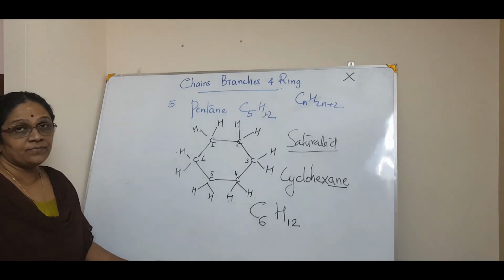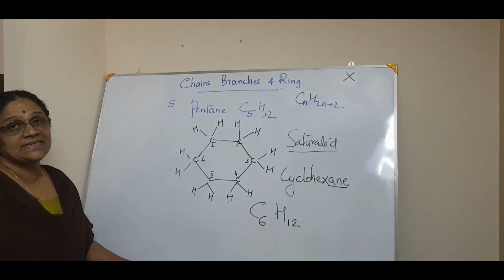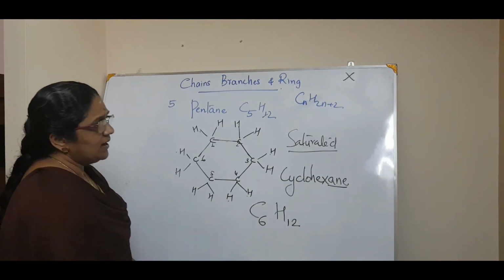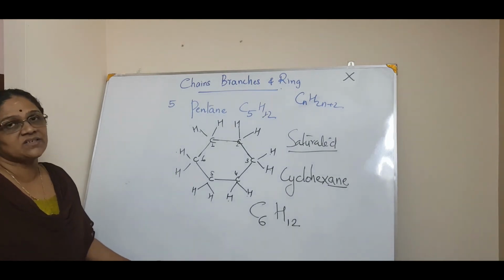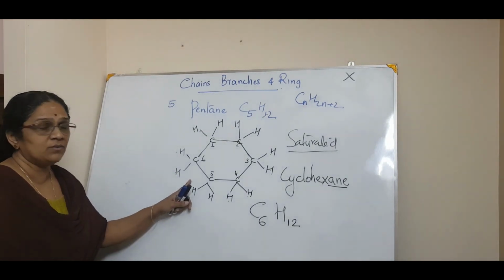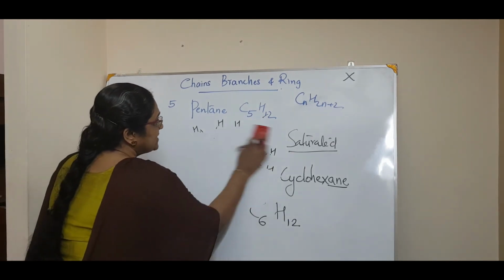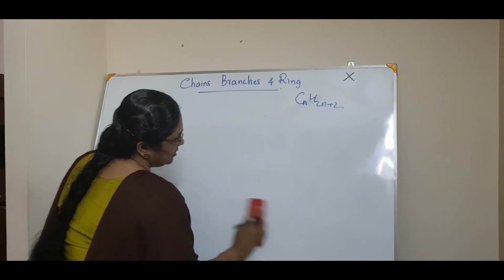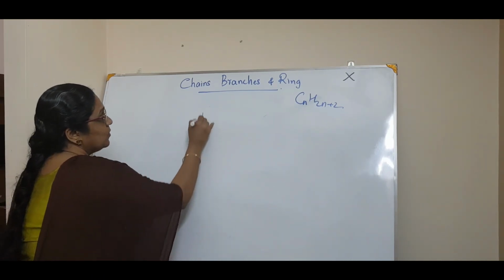Okay. Now, one more example you have to study. I think you have already studied. I told you that it is an unsaturated ring structure. In board exam questions can be asked. Is it clear for you this one? Okay. So, one more example, that is an unsaturated ring structure, which is called, as you already know,